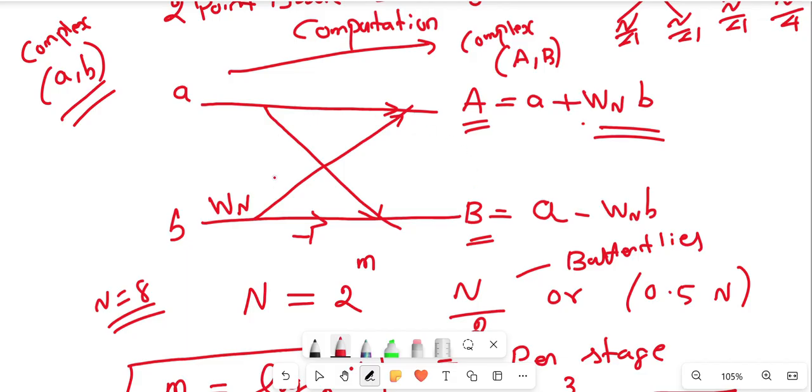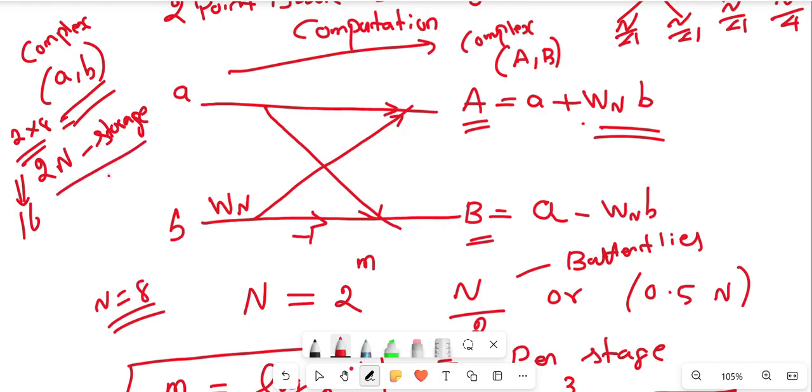So, overall only 2n storage registers are required. So, n is 8 means 2 into 8, 16. 2n storage registers are required